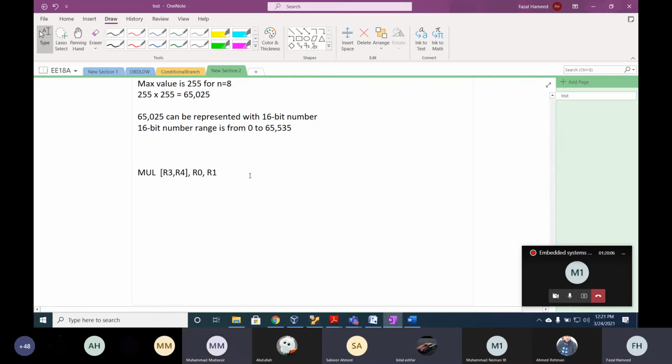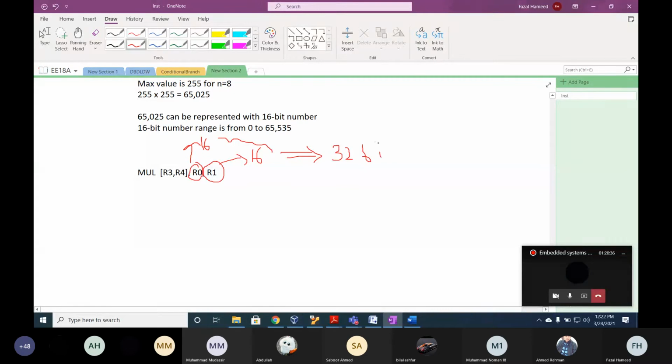Yes, you are using two registers. Now in this, the point is how does the architecture define this? It's important which instructions are supported by the architecture. So in this architecture, if we multiply, in this particular scenario you have a 16-bit value. Then in the second operand, you have a 16-bit value. You multiply these two, the result is 32 bits. You cannot store this in a single register.